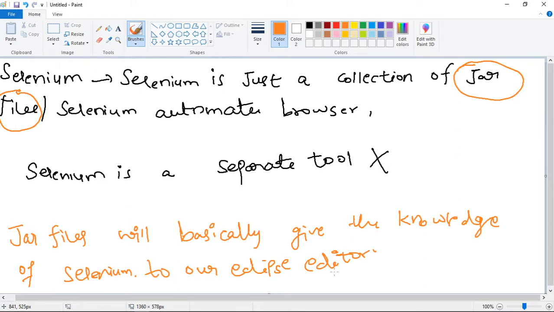Okay, so basically we will use this jar file that will give the knowledge of Selenium to our Eclipse editor. But Selenium is not a separate tool, again I am repeating.